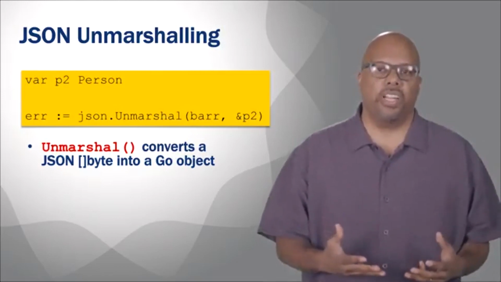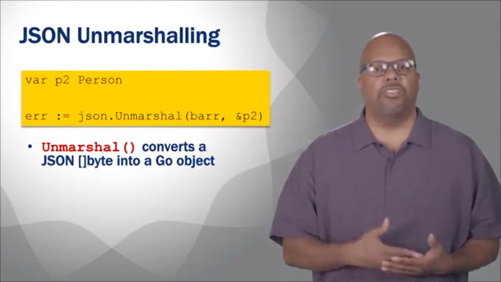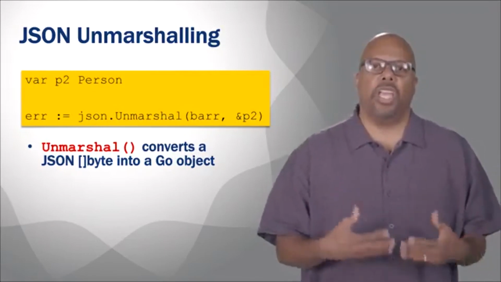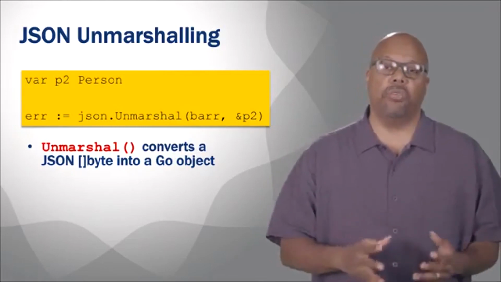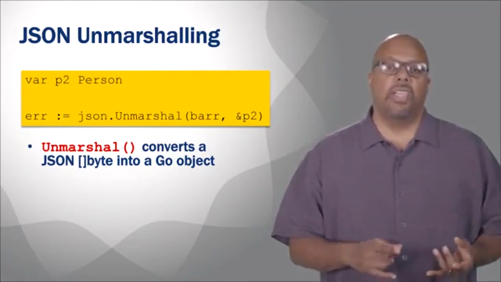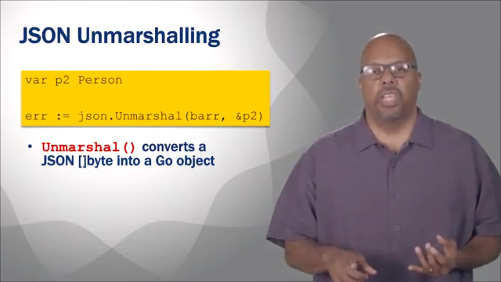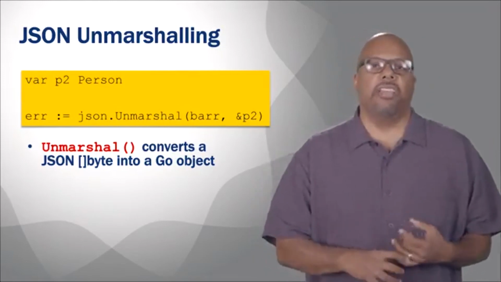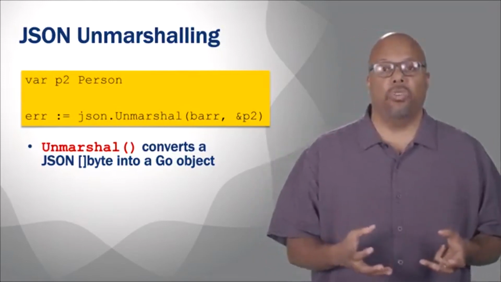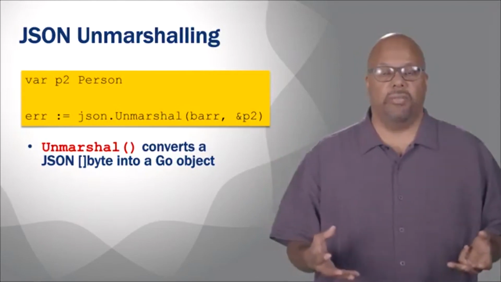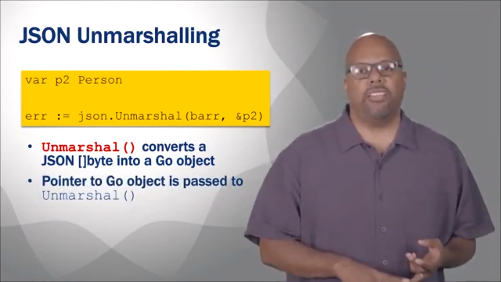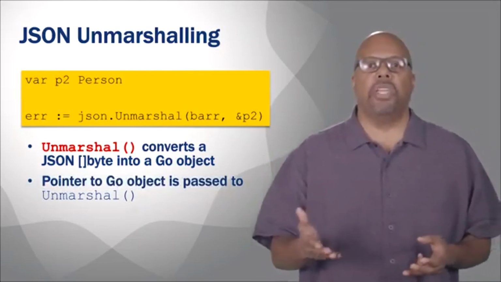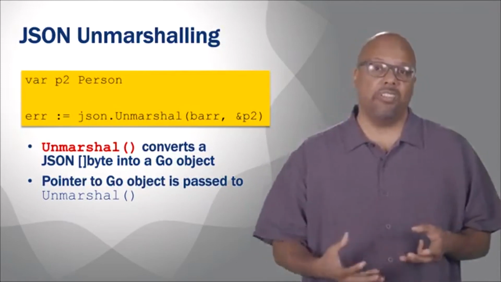So what we do is we declare that Golang struct. Up there at the top, we say var p2, we'll call it p2, person. So it's a person, but we haven't created it yet. We haven't filled in the name, address, phone yet. So we just have a person, and it's basically empty. Then we call JSON.Unmarshal. Now notice there are two arguments we're passing to JSON.Unmarshal. The first argument is the B array, which is the actual byte array which contains the JSON object. The second argument is the address of the Go structure that we want the results to be placed into. So address of p2, because remember that this B array contains information about a person.